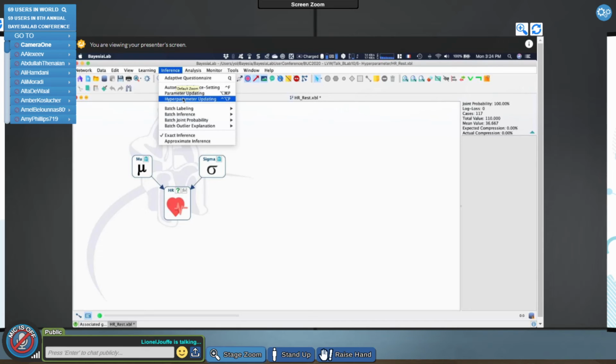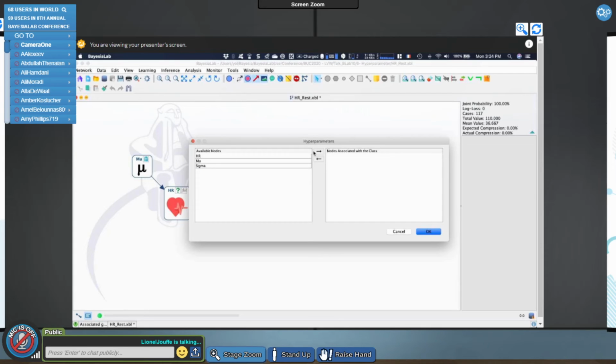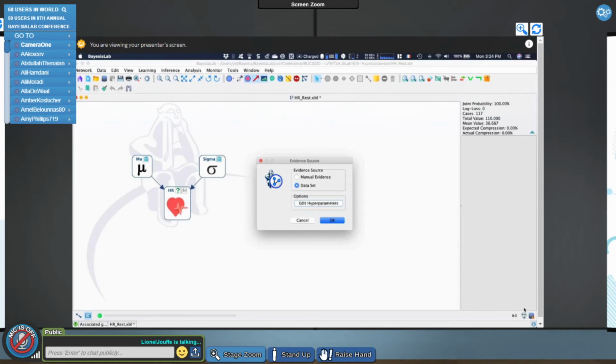So I talked about that a lot last year during the conference. I'm not gonna go back there, but I'm just choosing this option, and then I can either set evidence manually or use the data set I just imported. So I'm going to check this, and I'm also going to choose what my hyperparameters are. My hyperparameters are mu and sigma. I'm just using this tool for defining my class of hyperparameters. As you can see, I have now my streamer,